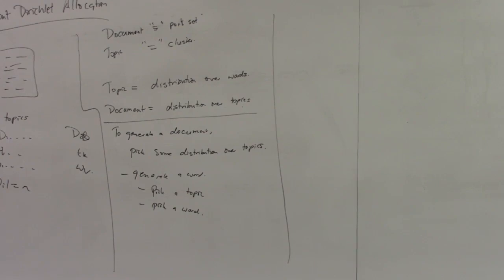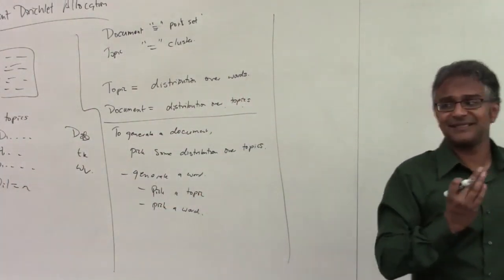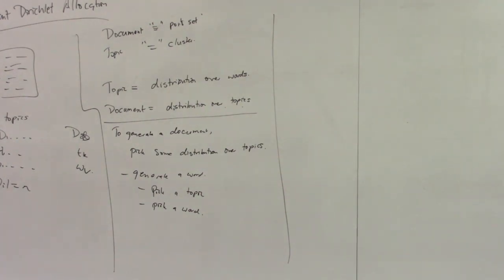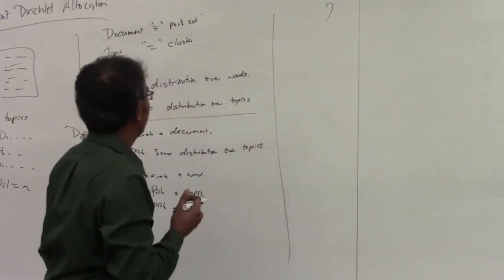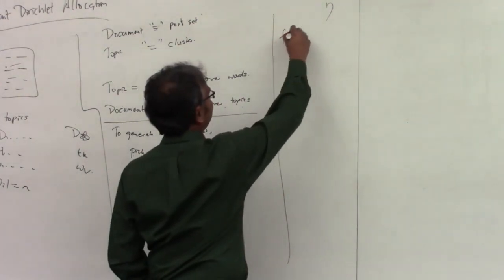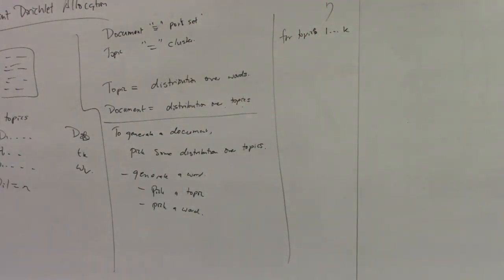Do you mean random? Dirichlet allocation. Maybe. Sure. Then you can use the Dirichlet distribution. We should use it. So we've said that a topic is a distribution over words. We agree that it's a multinomial because for each word there's some fixed probability, it's a discrete distribution. And now we're saying, well, how do we pick this? We don't know how to pick it, so let's pick it randomly. How do we pick a multinomial randomly? Dirichlet distribution. So we'll fix some parameter, eta, some scalar, and we'll say that for topics 1 to k, let me make sure I have my notation.